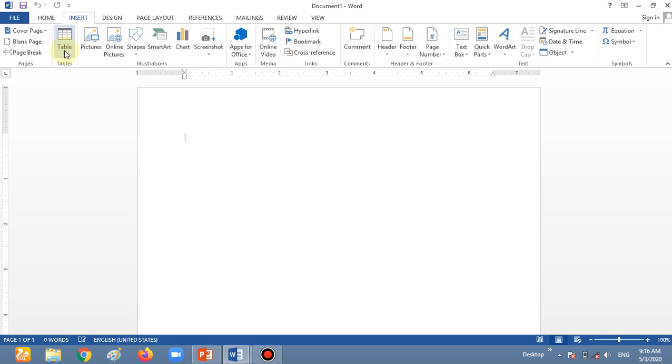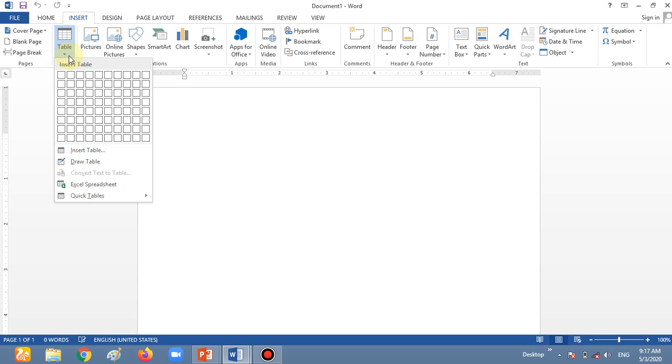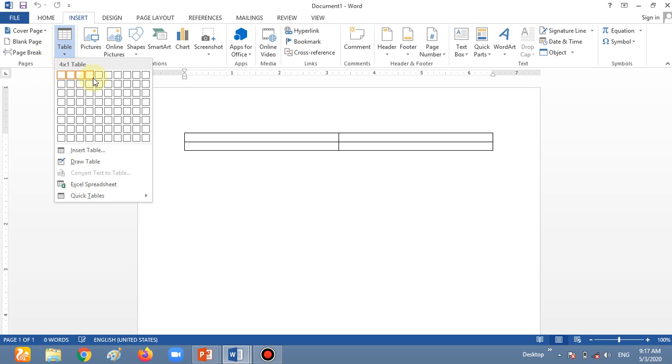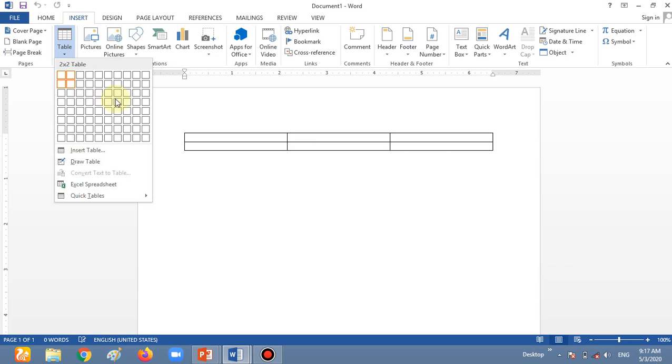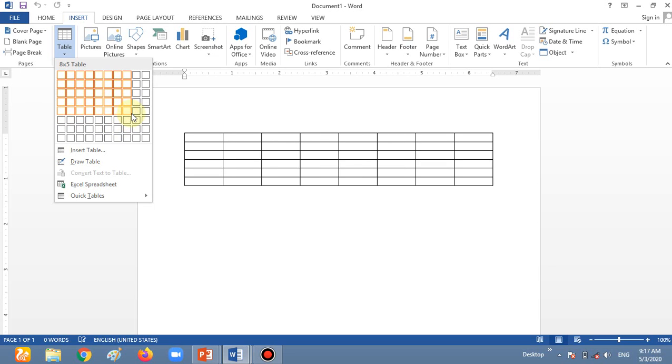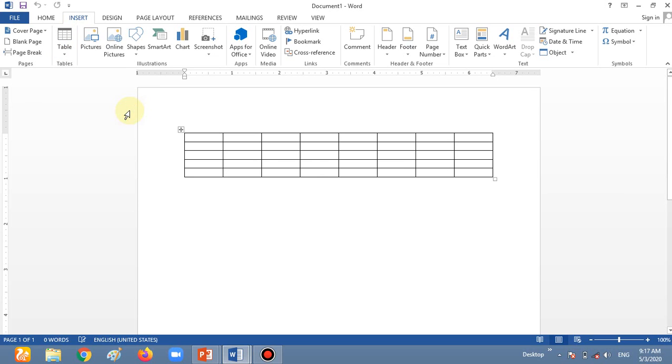Insert tab is open. So first of all we go in the Tables group. In the Insert tab we have to go in the Tables group and choose the table. There are 2 to 3 ways we can create a table. As you see, there are so many boxes given, so we can select the boxes only. I'm not clicking any buttons of the mouse, I'm just dragging the mouse on the boxes. The table is created. This is the first way to create a table.